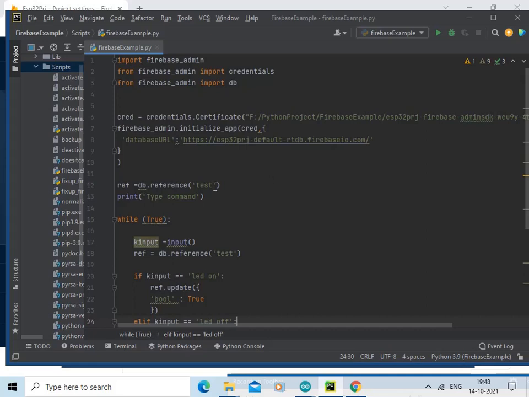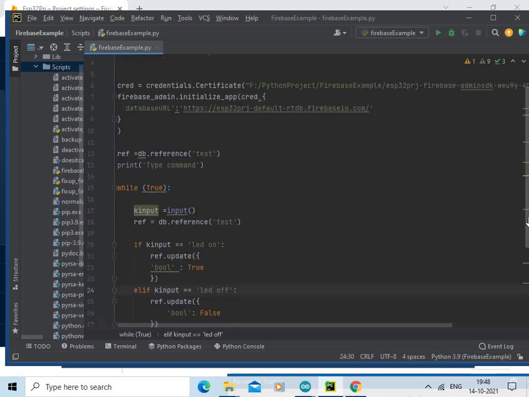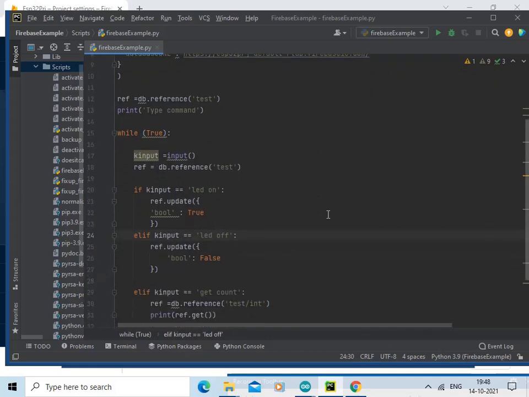Then using the db.reference method, we are referring to the test database, and then we are going to enter the while loop. There we are taking the keyboard input, and then if the keyboard input is LED on, we are going to update the variable called bool, which is there in the Firebase database.